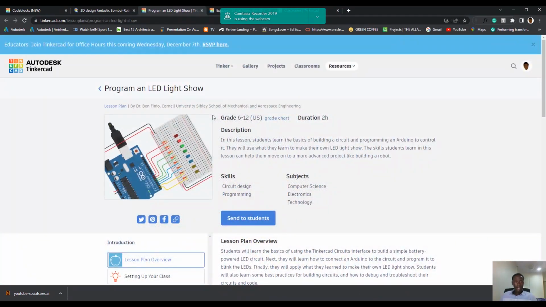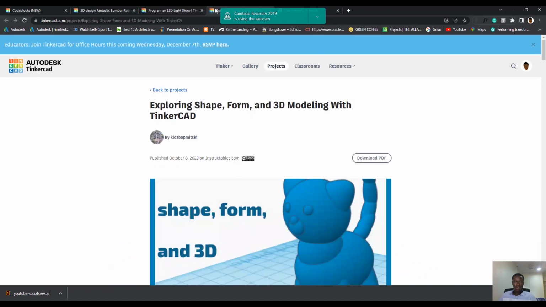I think TinkerCAD has this electronic design aspect as well. We can create electronic design from what we see here as well. So I'll click on this guy. I want to remove this guy, hide notification. All right,